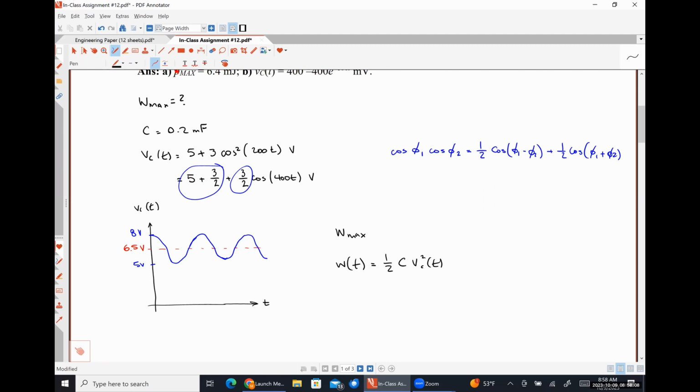Well, fairly obviously, when our voltage is at a minimum, we're going to have 5 volts, and 5 volts is significantly less than 8 volts. So we're only going to have maximum energy storage at these points. If we had had a pure sinusoid without any sort of DC offset, we might see maximum energy storage on the negative half cycle as well. But that DC offset pushes it to where Vmax